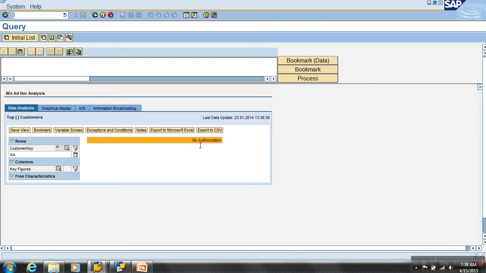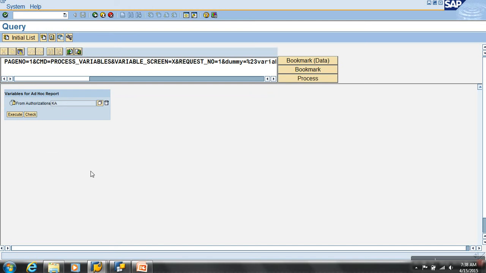Don't worry about this. Look at this, it says customer key. Means it is working out. If I just click on this variable screen, what is the variable taken? K. Why? Because he's authorized for K. Something about an issue on the authorization of the running query, but the variable is taken as K because I have assigned this user with K. Like this, we can have hierarchy nodes also based on authorizations. Clear? It is all the same.